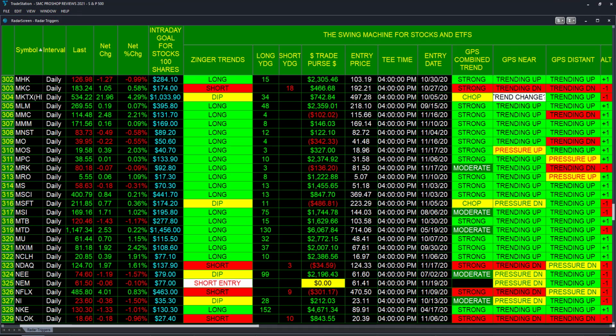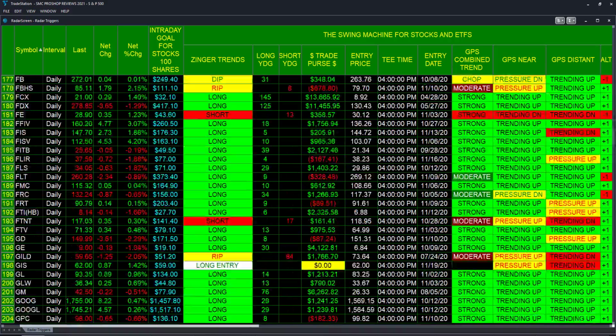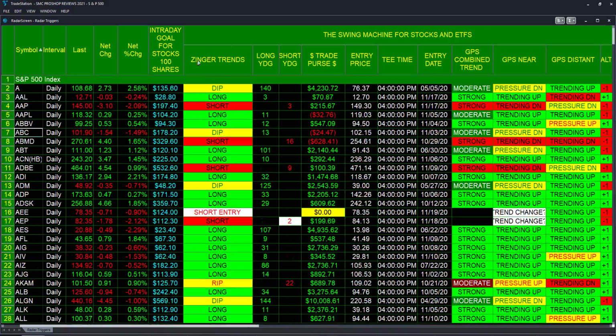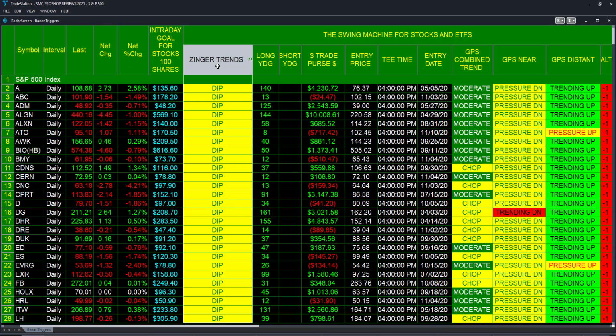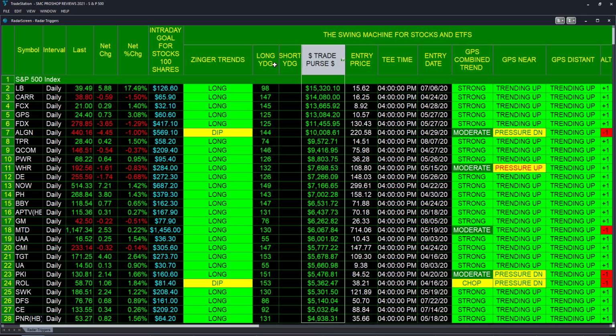So let's go here, and this is how valuable Swing Machine is because it gives us so much information so quickly. And let's sort it this way, and we can slide down. Actually, I'm going to do it by the purse. So this is programmed. It's the exact same Swing Machine, but it's programmed where it's not futures. If you had put $10,000 into Limited Brands 98 days ago, at 15.62 at 4 p.m. on July 6th, you'd have $15,000. That's the idea. And it gives you all the trend information.